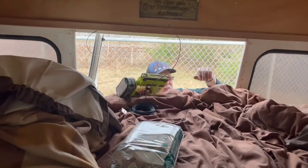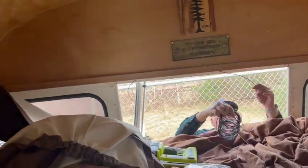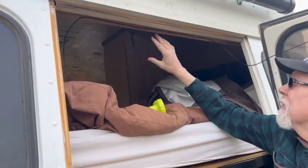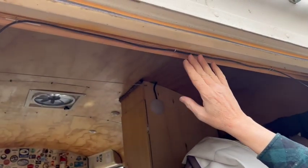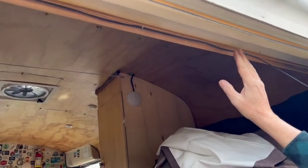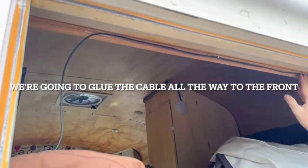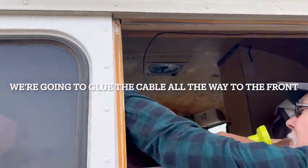So we're installing the cable that attaches to the rear camera. Let's go back. I'm gonna fasten this up here. We got some staples in it because we couldn't get all the way up. We couldn't get the staples all the way in. Yeah, because it's uneven for the middle. So it's close enough that we're going to put some glue on here from the glue gun. Perfect. And that'll hold it in place. And then we'll glue it on the back side all the way around